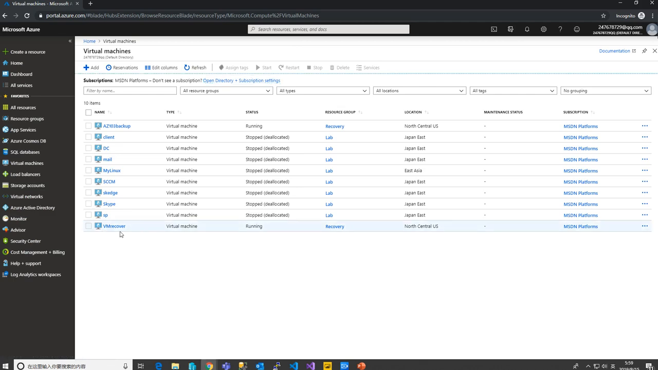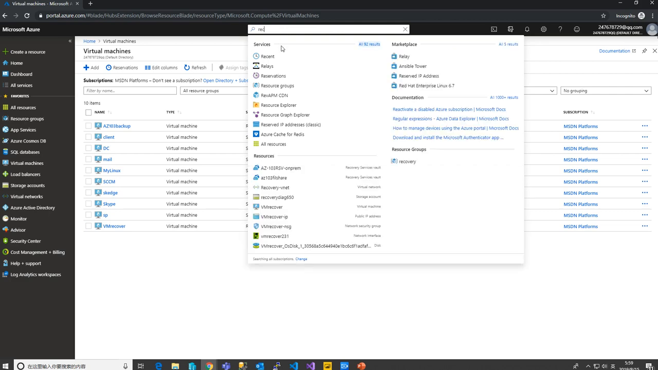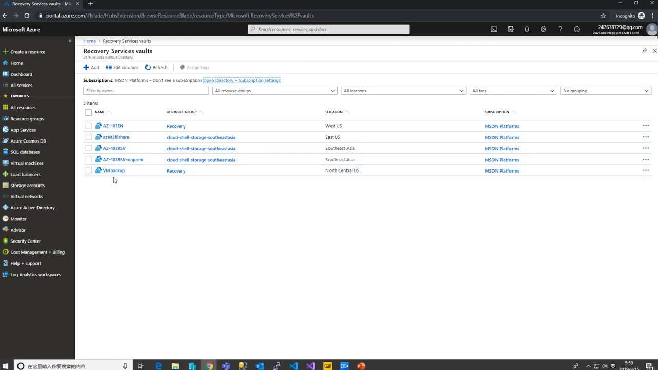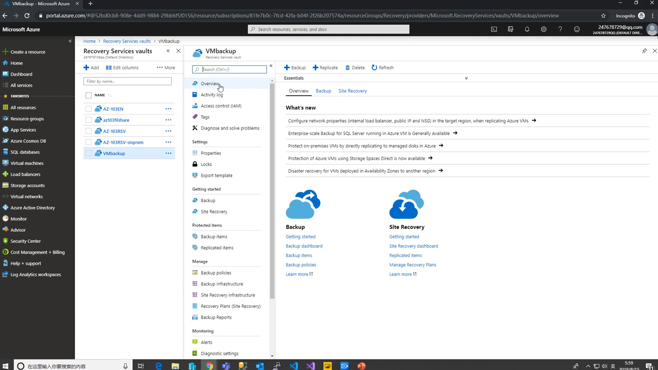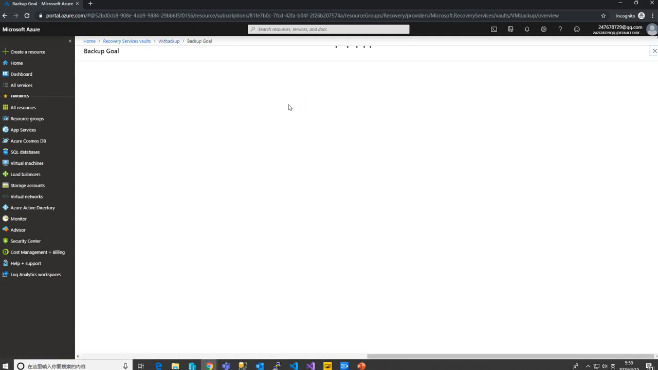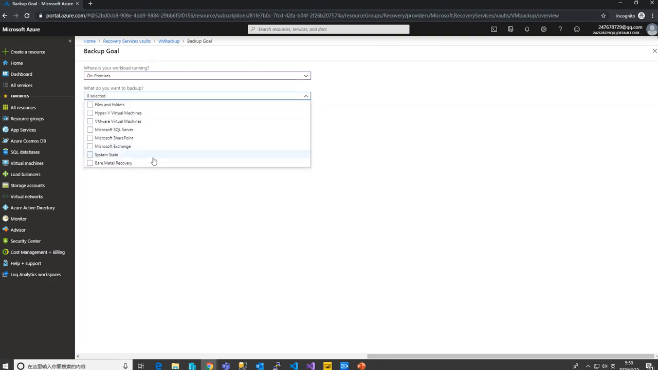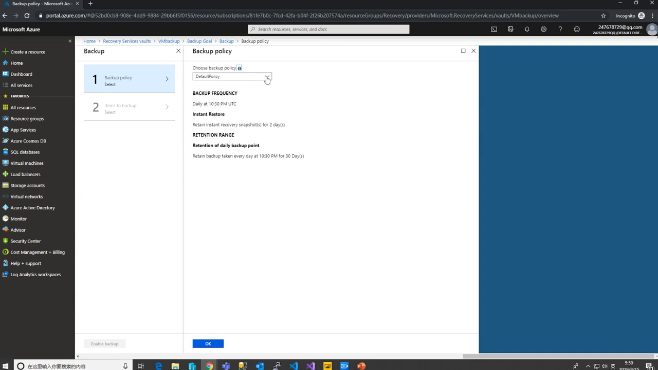So I'm going to show you. One way you can do that is go to the recovery service vault, and from your recovery vault, for example this one, you can create a backup from here. Right? It will let you choose whether it's Azure or on premises. If it's on premises, you see all the options we saw earlier. If it's an Azure virtual machine, which we're doing here, click backup, and it will give you the option to